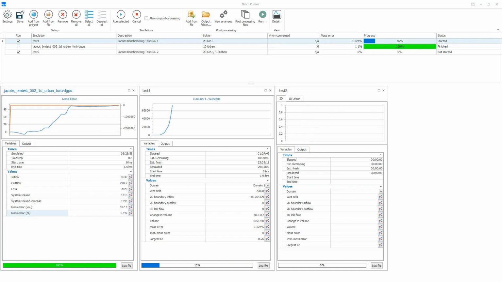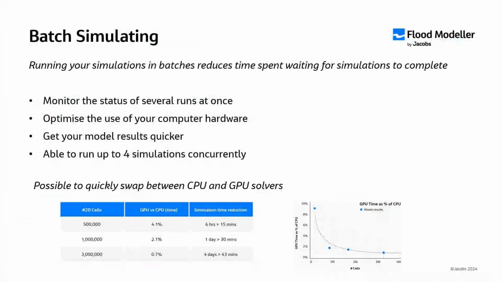I should say, briefly going back to this slide, I should add the conditions under which we have run the GPU solver here. It has used quite a powerful graphics card, but that being said, Fluid Modeler's GPU solver can use any NVIDIA card. It can be an integrated card. So long as it's NVIDIA, it will work. So really good, really flexible. And then moving on to the